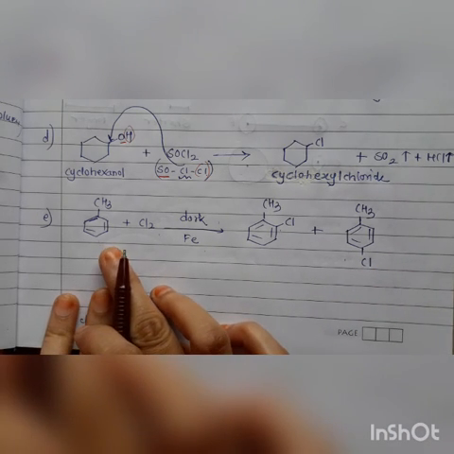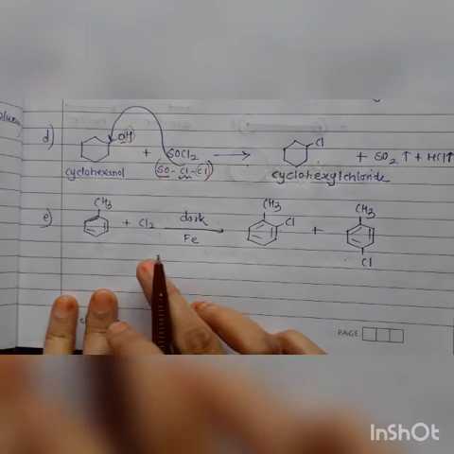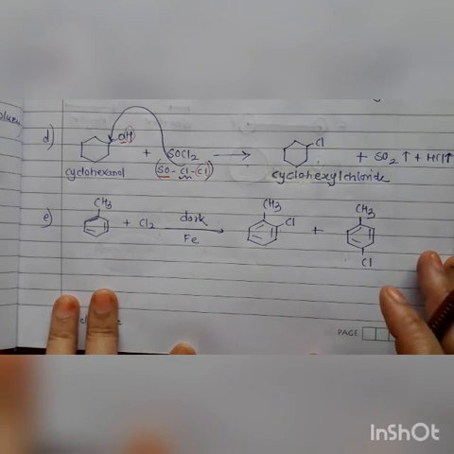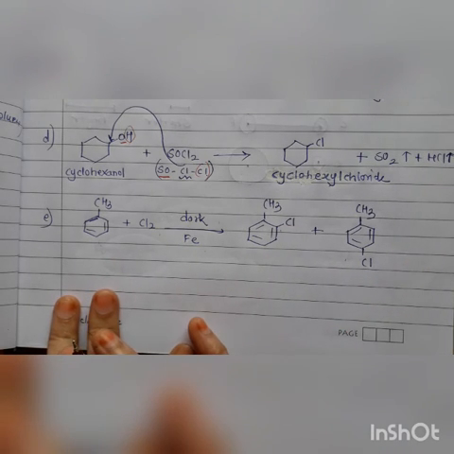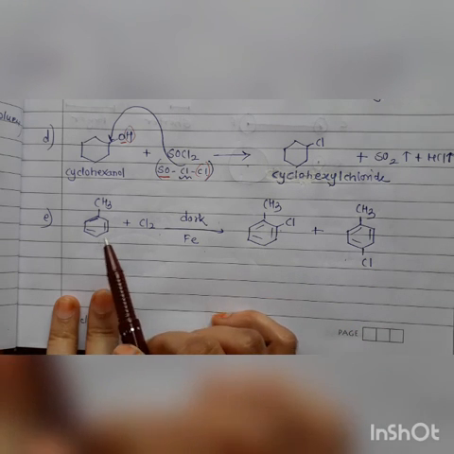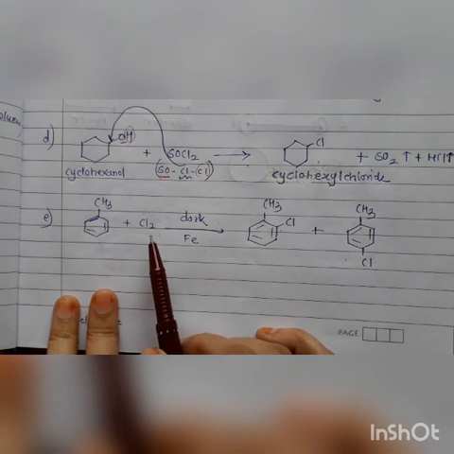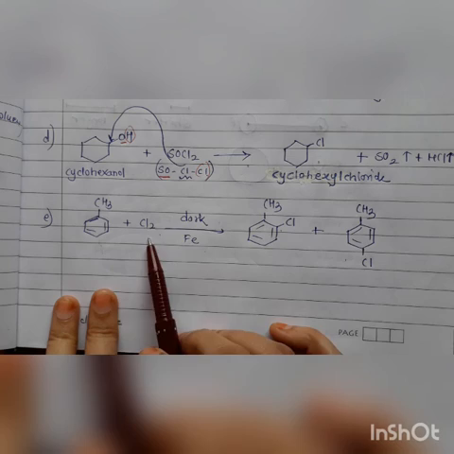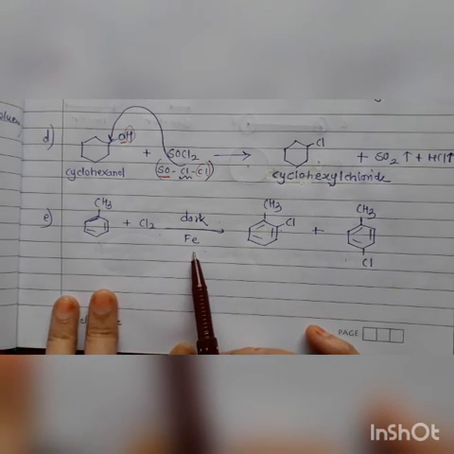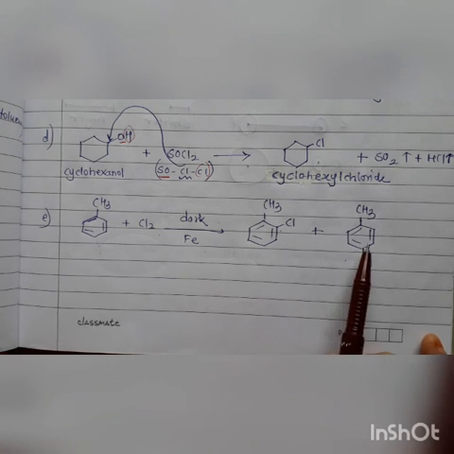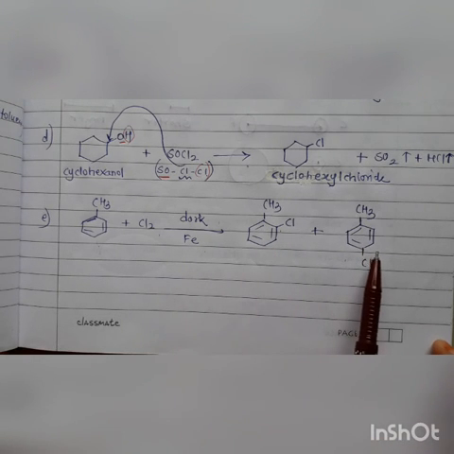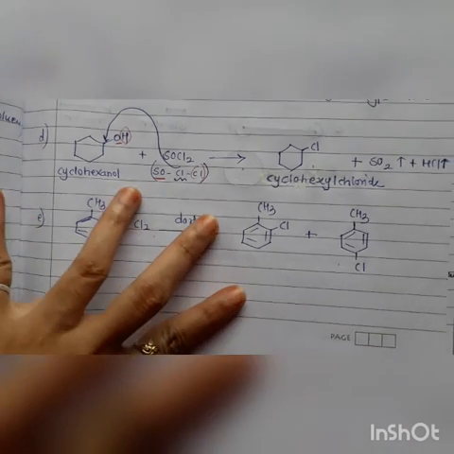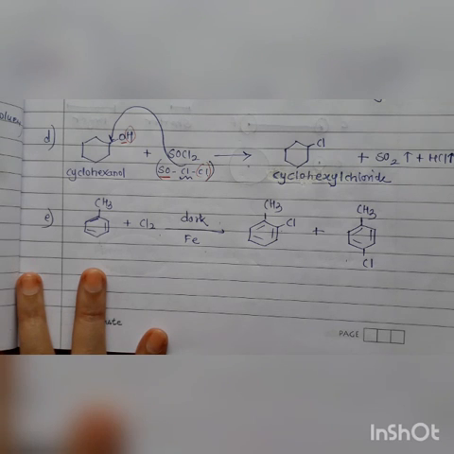Then one more reaction is there. Point number E. Okay. This reaction we have discussed in electrophilic substitution. As it is they have given. In the last video we discussed the same reaction with bromine. Okay. That reaction here is discussed with chlorine. So toluene on reaction with chlorine molecule, reaction conditions are dark in presence of catalyst Fe. We will get two products. One is ortho product and one is para product. Okay. So let us stop here. These all were the methods of preparation of alkyl halides.